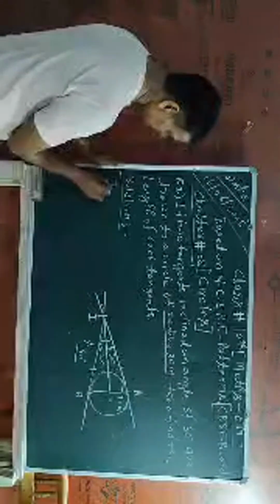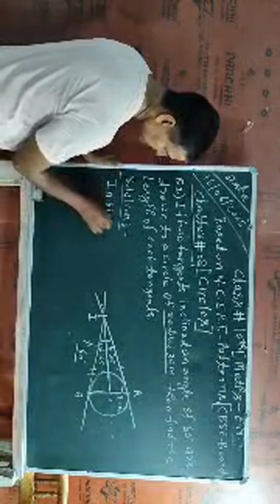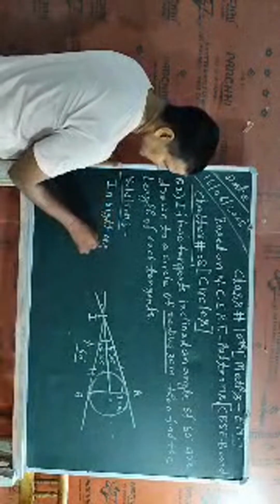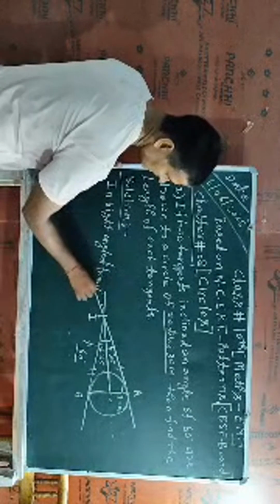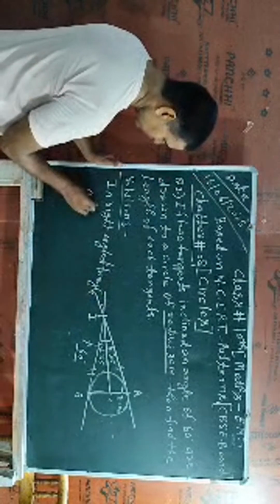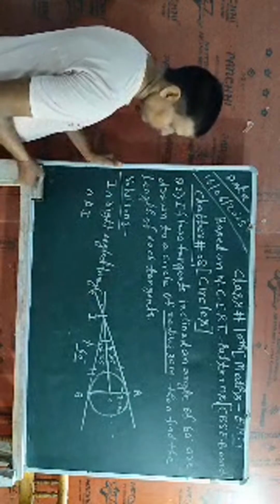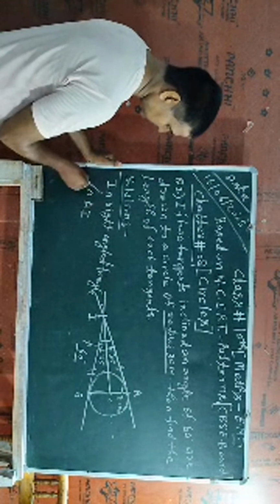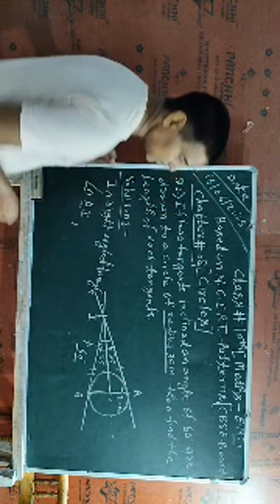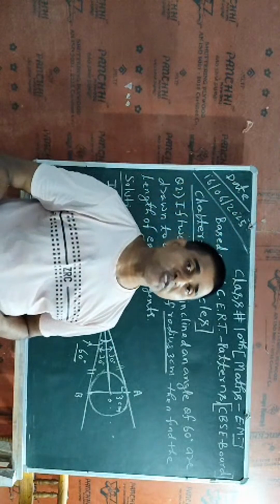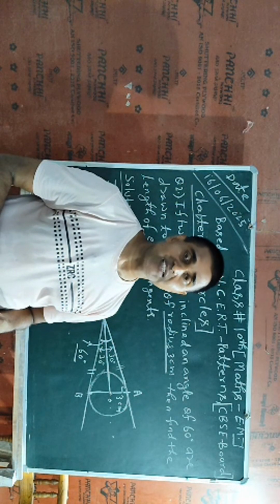Again I will say in right angle triangle OAI, I will use the trigonometrical ratios, because there are 6 trigonometrical ratios. One is sin theta, second is